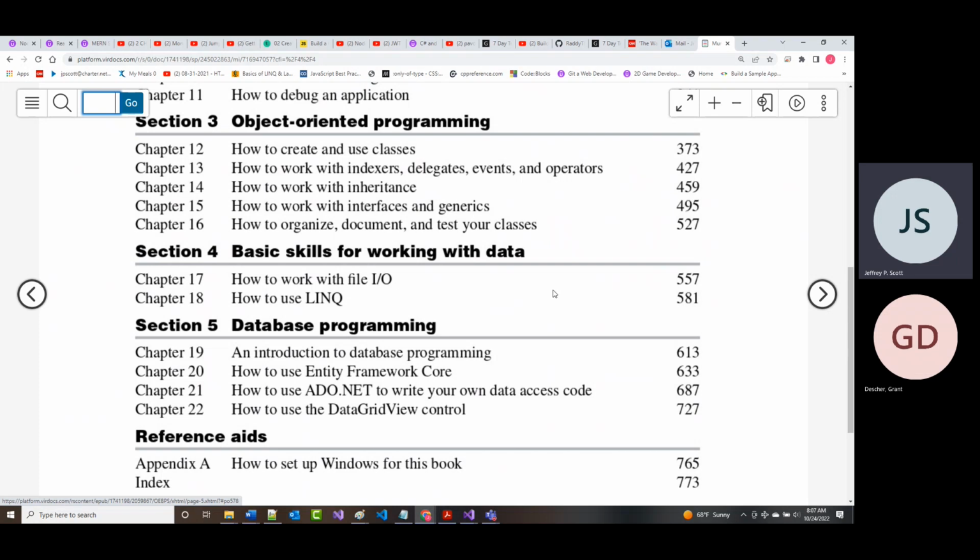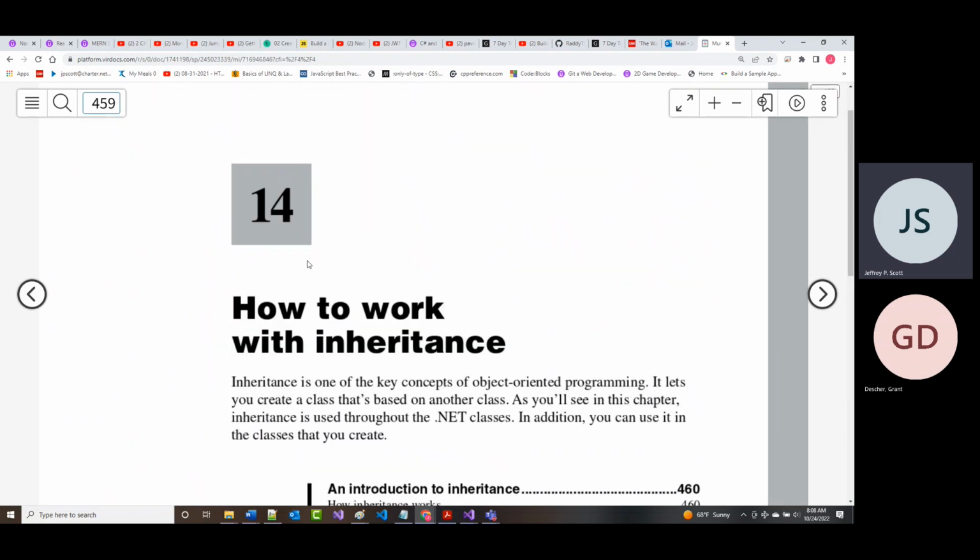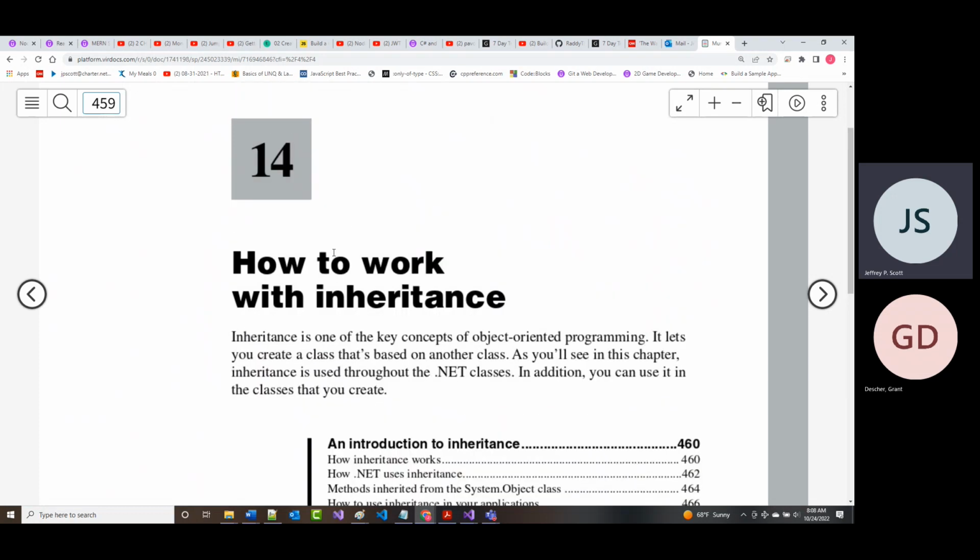All right, so with that said, let's jump into chapter 14. There's nothing on chapter 13 that we're going to cover. You don't have to do any labs, you don't have to do any homeworks, you don't have to do any written test for chapter 13. So you can just skip that. I'm going to jump right into chapter 14 and talk about inheritance. The way that I typically start on this too is just to let you know